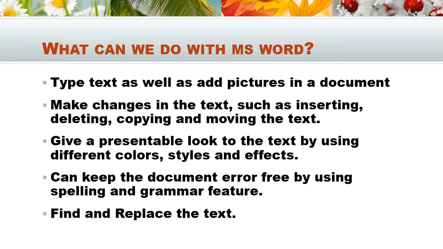Find and replace the text. Here you don't need to read the whole page for finding just one word. You can simply use this find feature, and then you can see where that word is exactly placed on your page. You can use this find feature and also replace the text. Replacing means you can change one word with another. Suppose you had written third A, but your section is third B. So you can find where I had written third A and replace it with third B. So you don't need to read the whole page again. You can simply use the find and replace option.